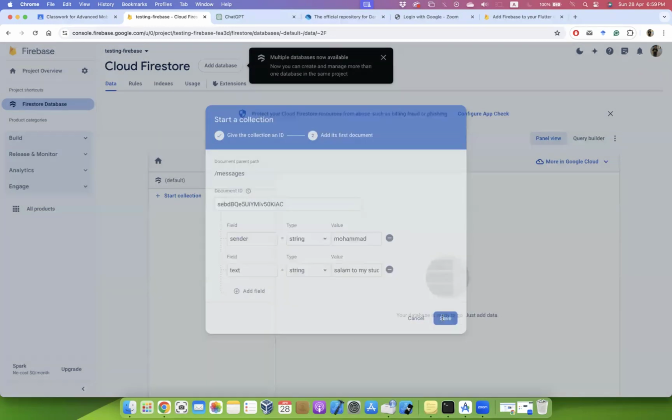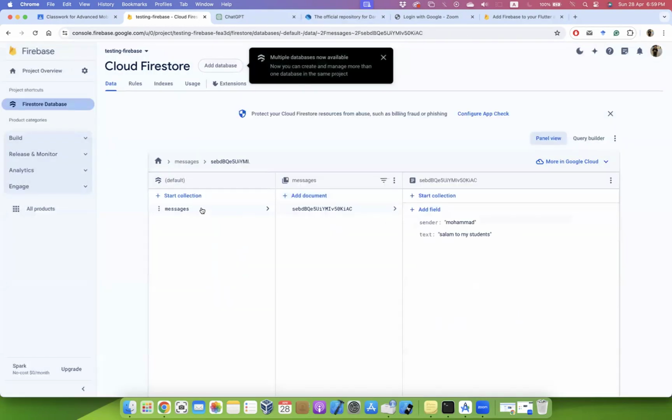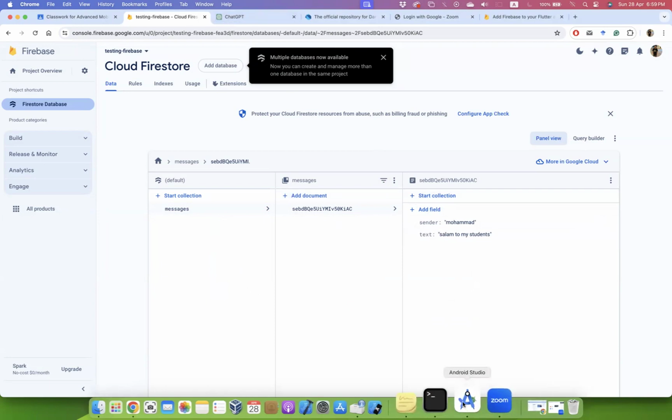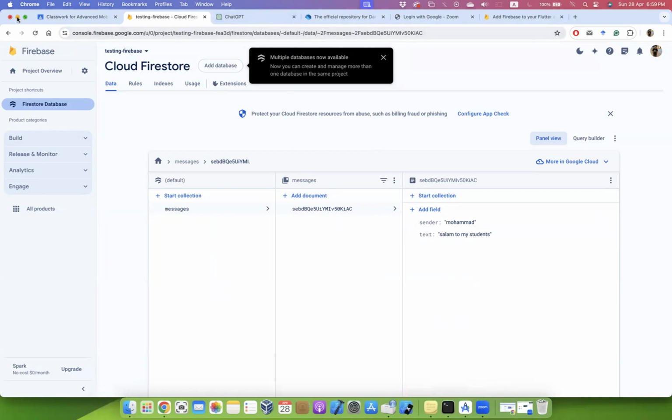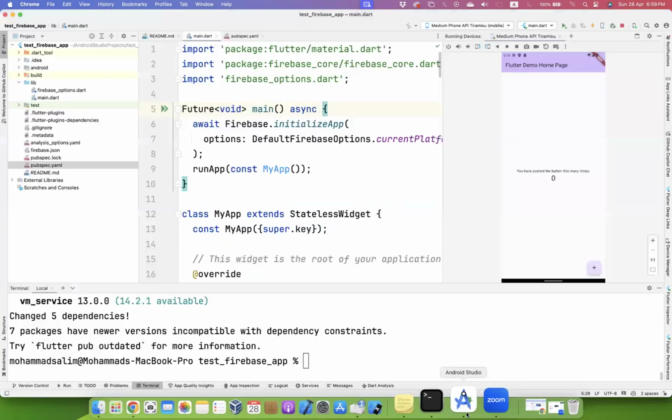Let's try it out. Okay, I got the data. I have the collection, then the document, then the data, which has these fields. Let's try to get it inside the application now, following your lecture notes, for example. So now if we go to the project,